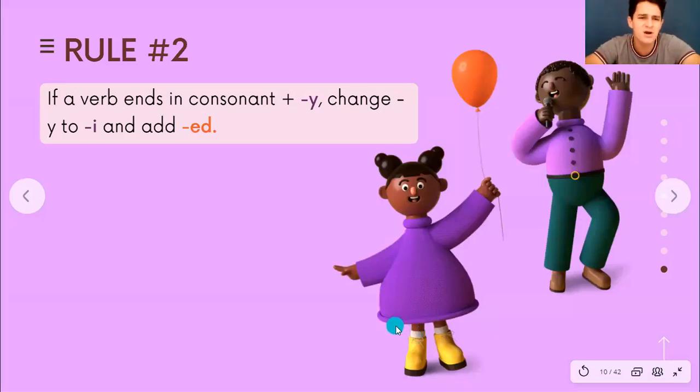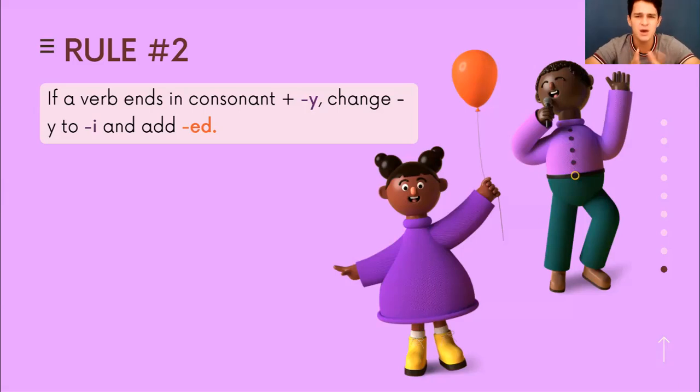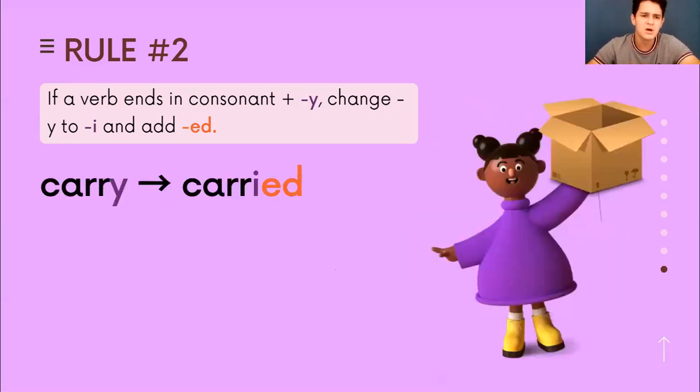Okay, if a verb ends in consonant plus Y, entonces presten atención. Si el verbo termina en consonante y le sigue una Y, what happens to this Y? ¿Qué le pasa a la Y? We change it, and now we add an I, and then we add ED. Esa Y va a caer y vamos a agregar una I latina. And then the ED, which is always in all of the regular verbs. La ED siempre la van a ver, ¿vale? Siempre va a estar porque todos son verbos regulares.